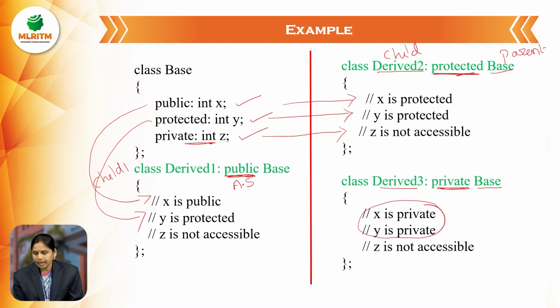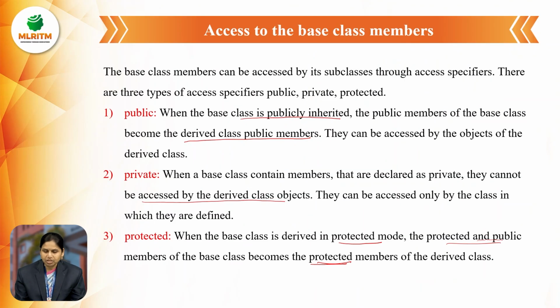The public int x becomes private and protected y becomes private. So when we use the access specifier as private, all the members of the base class become private. As it is, the private variables cannot be accessed outside the class. Now, it is an explanation for public, private and protected members in the base class and how we can access them